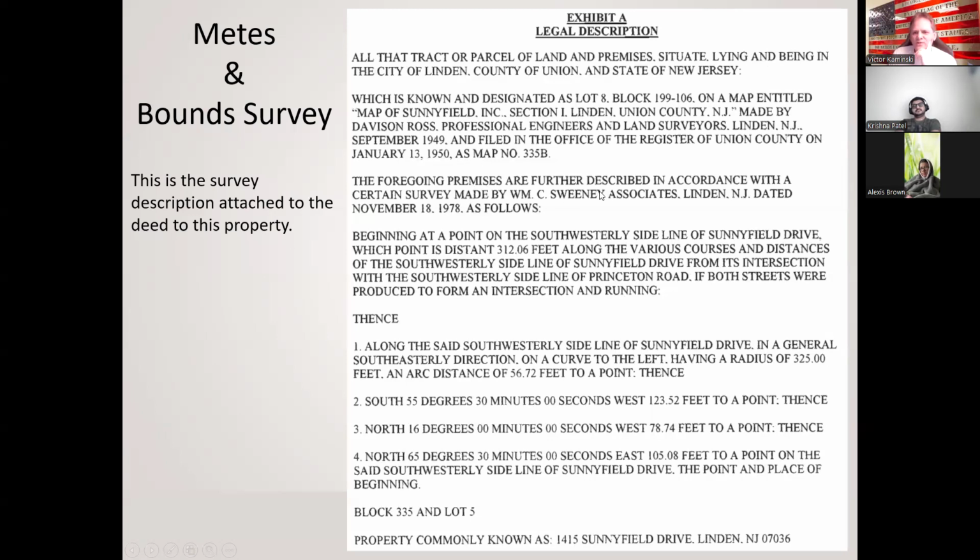The foregoing premises are further described in accordance with a certain survey made by WMC Sweeney Associates in Linden, dated 1978,